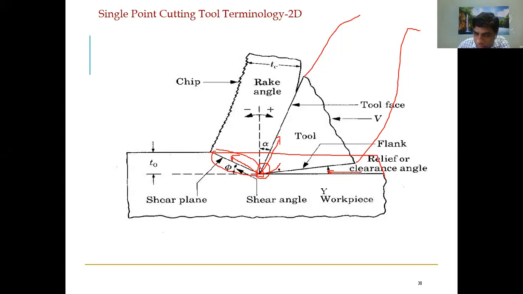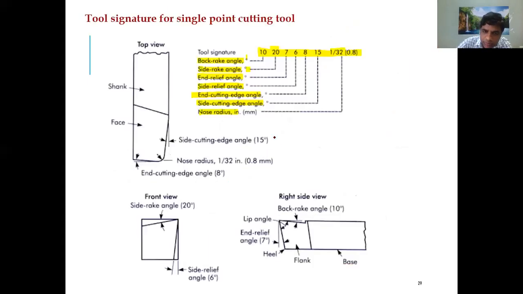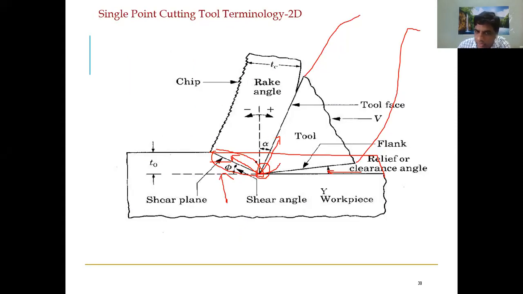It comes out and flows, because it deforms here as the cutting tool penetrates. Because of this penetration, this layer of material is separated from the other layer of material. This is a lump of material, a big material, and from its top layer you are removing a small layer of material. This may be 0.5 mm, or maybe 0.2 mm, and the material is a very big lump.